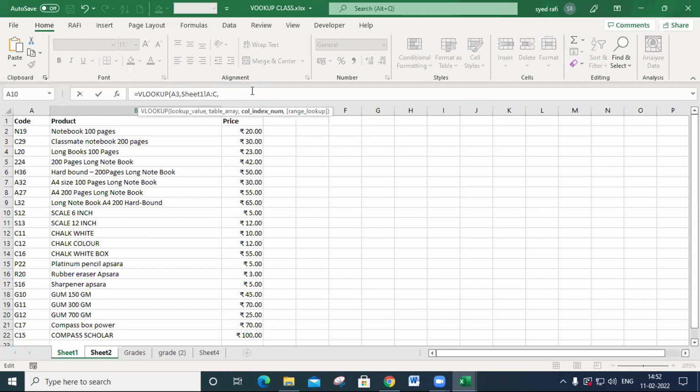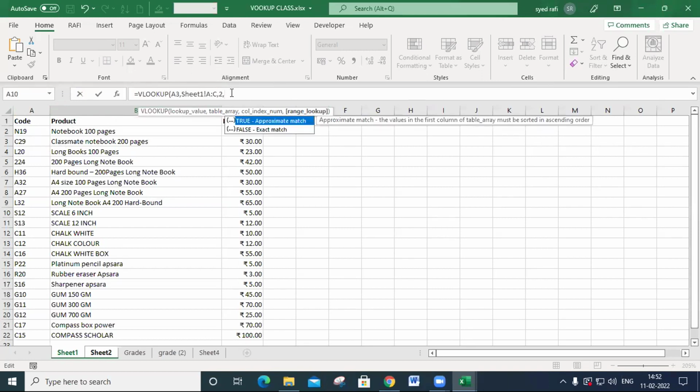The product is in the second column; this is the first column and this is the second column. I need to display the second column data, meaning product. So that's why you select 2. What is the meaning of 2? I need to display the products, and the product is placed in the second column. That's why I put 2 and put a comma.